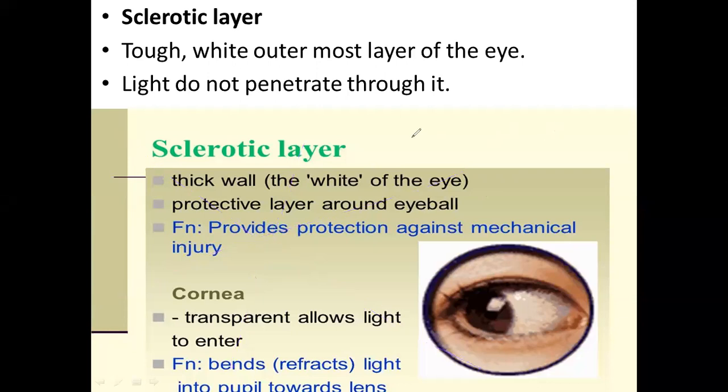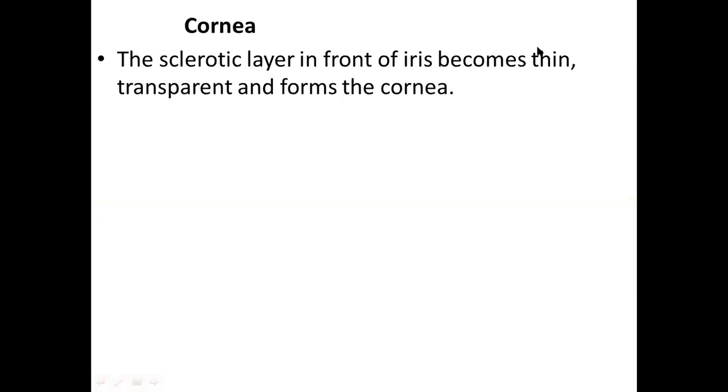Sclerotic layer is the white outermost layer of the eye. Light does not penetrate through it. Cornea.